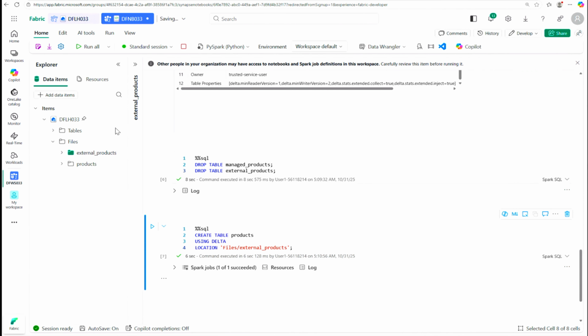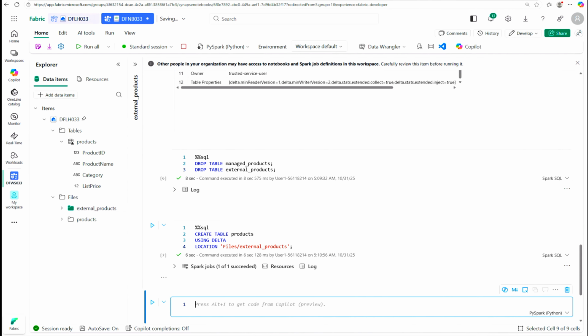So if we refresh, we can see that the product table is listed, and we can expand to get all the details down below. Let me refresh here. You can see all these columns here, and add another cell. We can also execute select command,